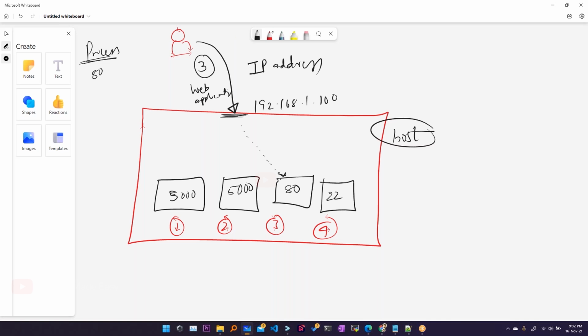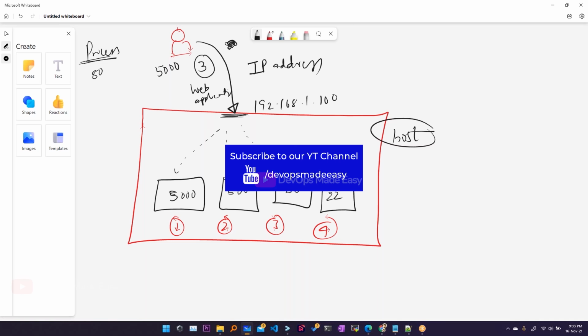That means when you're sending the request, you're saying send it to 80. Imagine I'm asking you to send it to port 5000. The request comes to this IP, then it wants to send to port 5000, but unfortunately there are two such applications running on port 5000. It can't do that, right?